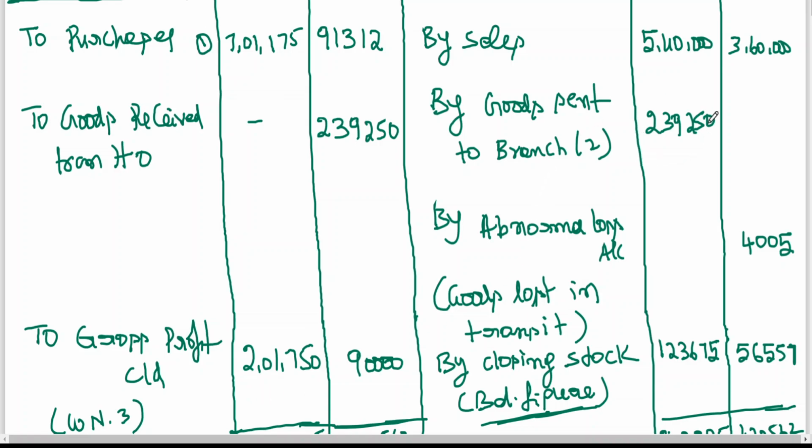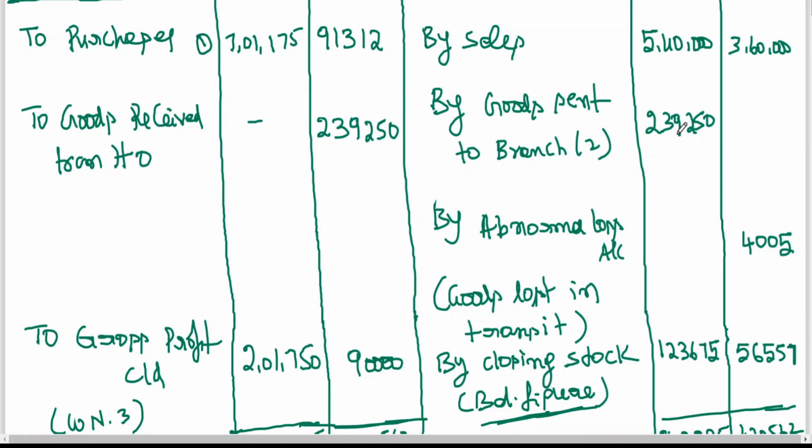Actually, at the time of sending the goods to branch, I have given a number of examples in department accounts, my dear friends, to explain the concept, one full half-an-hour lecture I have given in the beginning. If anybody is having the doubt, our memory is volatile, if you can't remember everything, please recollect and see those department account notes. I've given examples for some units. You go back to that, first class or second class, and look at the treatment of unrealized profit. If I'm not wrong, in the second class of department accounts, just go back and see the logic of unrealized profit.